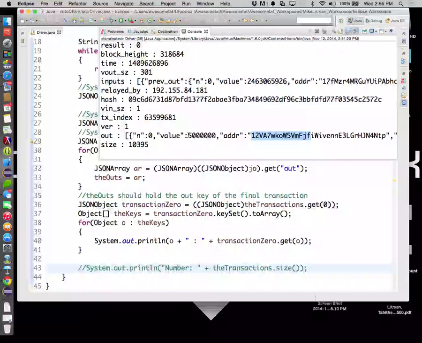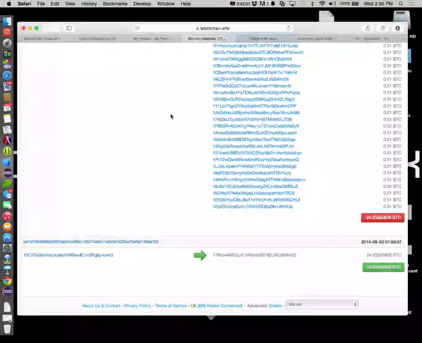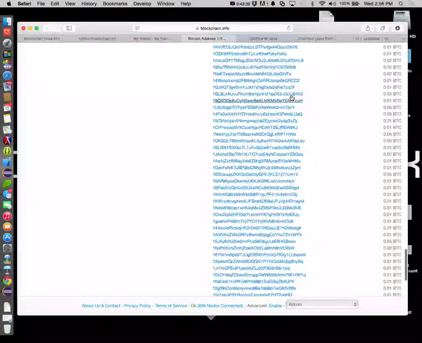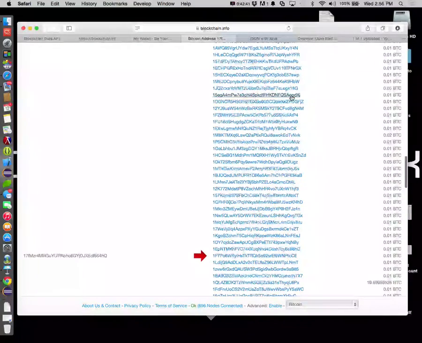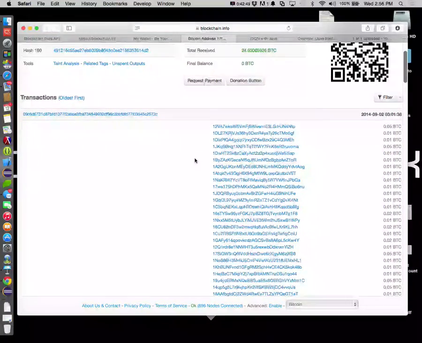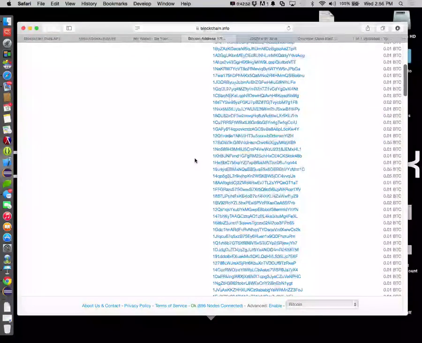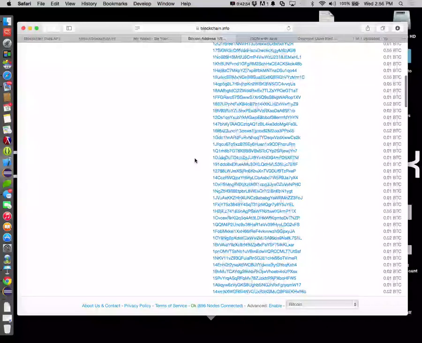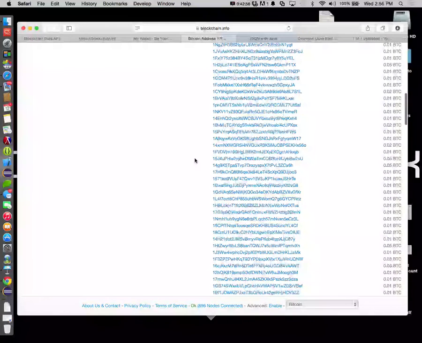No, should be 0.05 Bitcoin for the very first one. Yep, so 0.05 Bitcoin sent out to that address. Somewhere in here will be our address. It's going to be one of these 0.01s. Okay, so for each of those transactions, we need to look at the